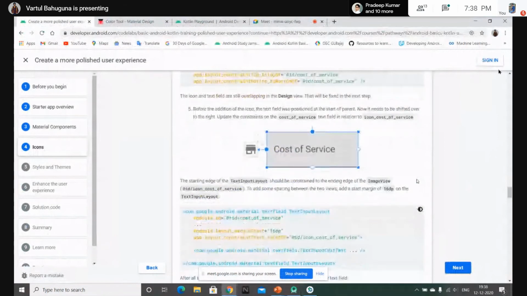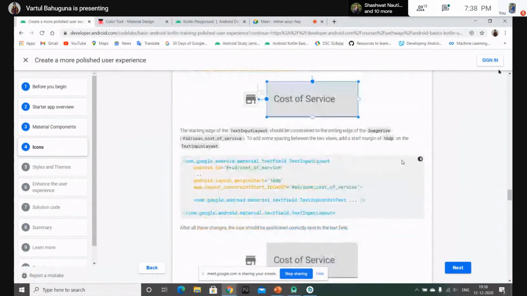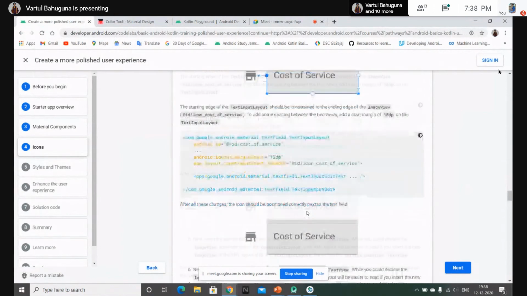Here you can see their text view is appearing a bit grayish in the background. That's because they are using the material design library. I told you that you can use it on your own, because that was in the previous code lab and we are in a hurry. So I've just kept it and I want you all to do it on your own.